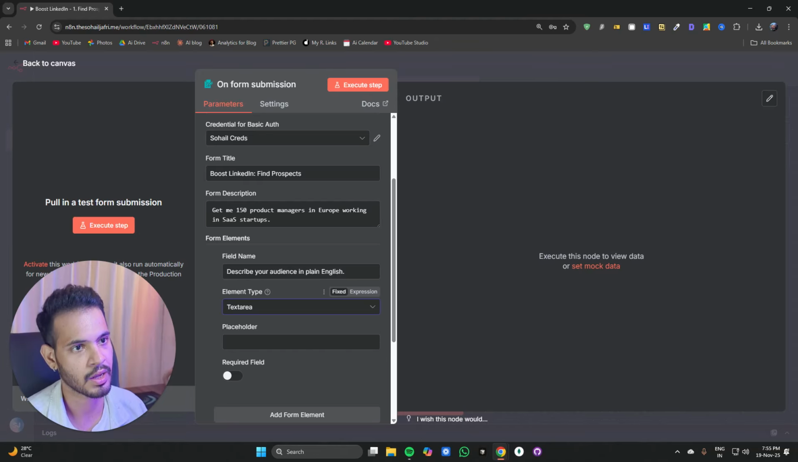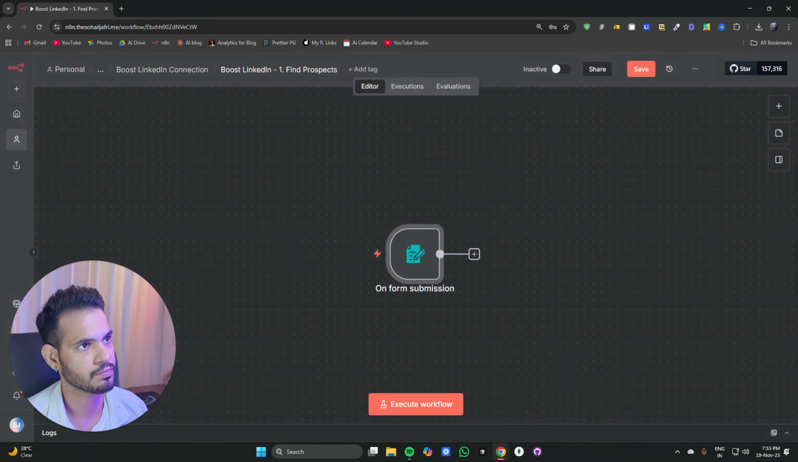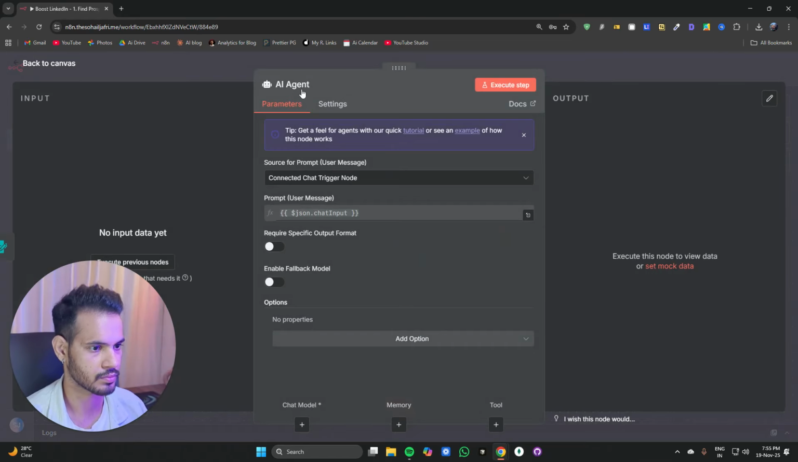Yeah, there is a text area, and the placeholder will be like this: role, company, type, size, location. Just keep it raw and give me the details. And this is a required field. Once this is done, I will add an AI agent to it, which will analyze what the user said,